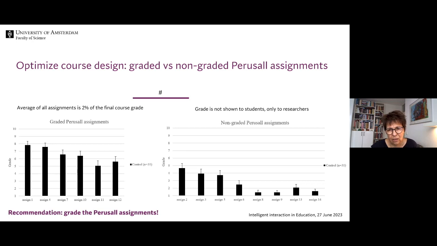You see that after the second assignment, which is not graded, the marks have already diminished. And if you go on, the 14th assignment, which was not graded, is actually done very badly. But when the 12th assignment was graded again, after the ones that were not, you can see how immediately the marks are higher.